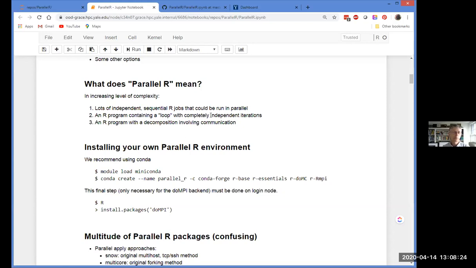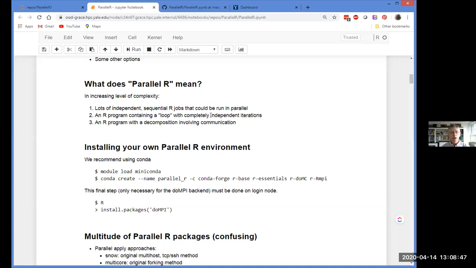Now, of course, the world is never quite that easy, and there are R programs, or programs in general, where the individual elements of the program depend on one another, and where you can't just simply take a loop and deconstruct it. And so that's a case where parallelism is going to be much more difficult.